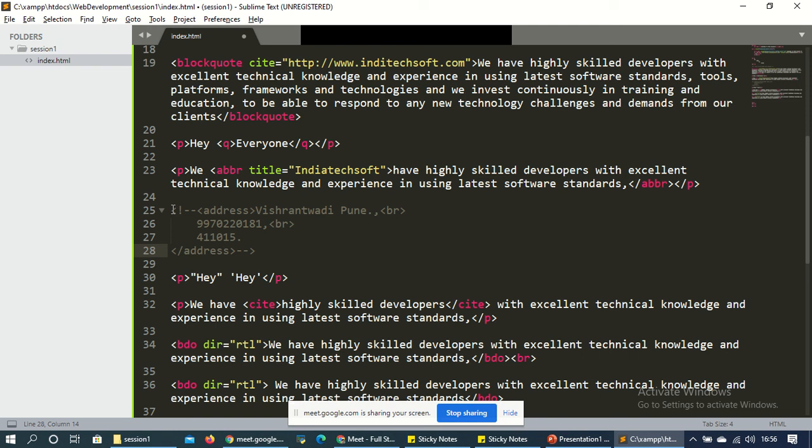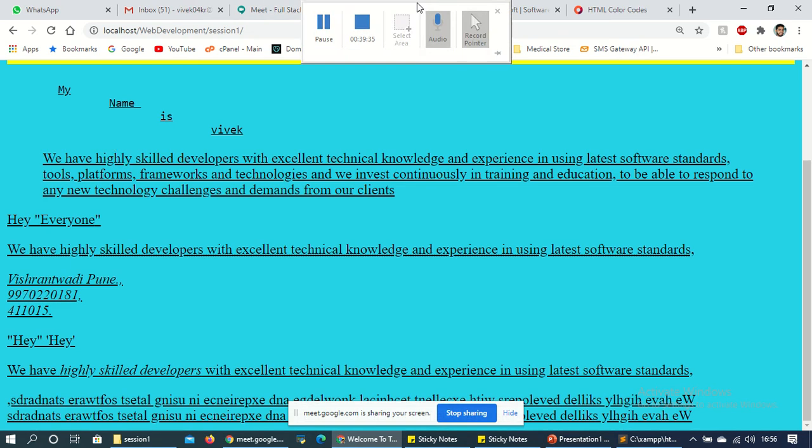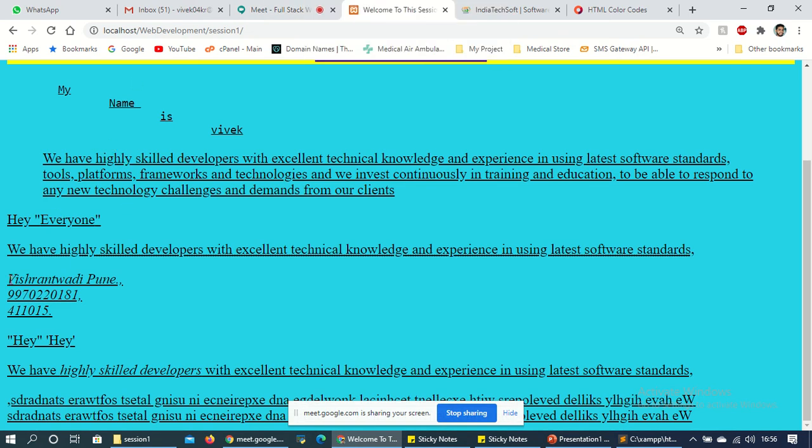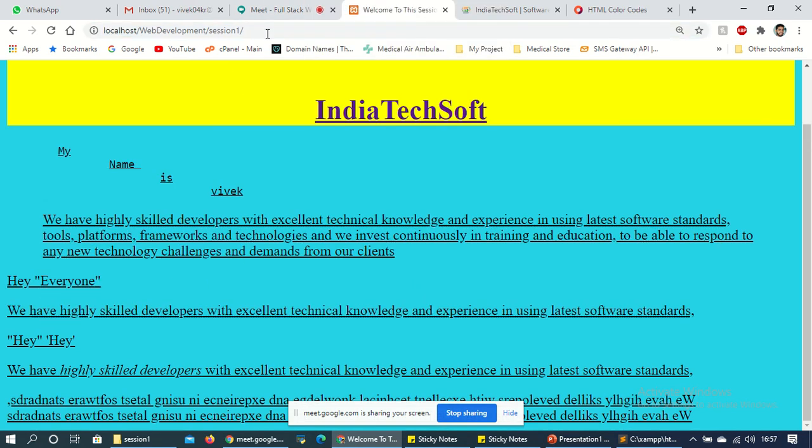So now the address will be commented. See, here we have the address, Bishantwadi, Pune. Just refresh. Now the address is not there because we have commented.